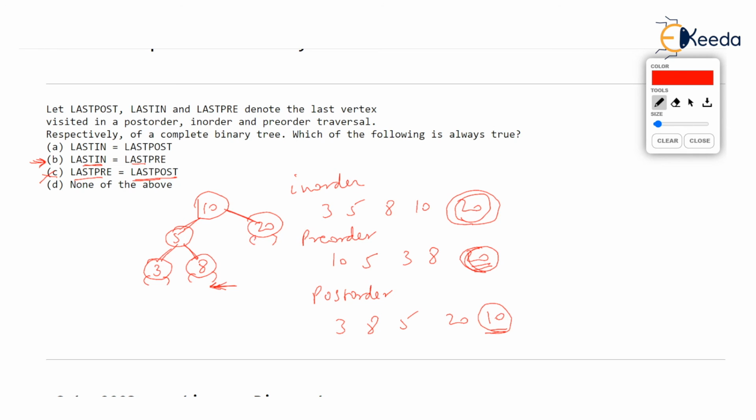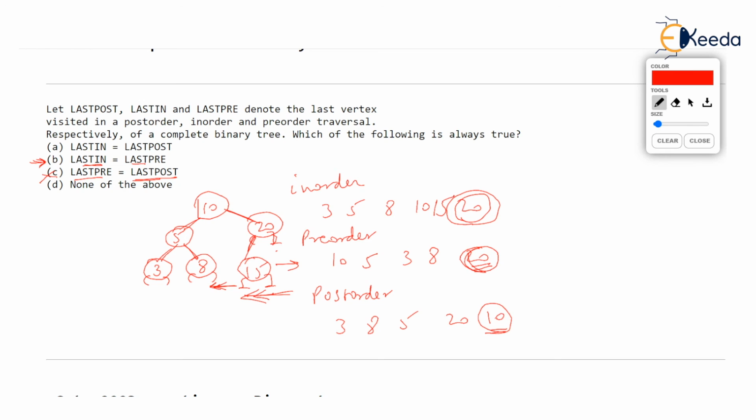Suppose we have one more value over here. Just imagine 15. Now this is still a complete binary tree, because all the nodes have two children or zero children, and any leaves are as far left as possible. So you can have null pointers on the right side of the nodes. Now if this is the tree, then what are the in-order, pre-order, and post order? You just check. In-order for this tree is going to be 3, 5, 8, 10, then we get 15 here, between 10 and 20, and then 20.